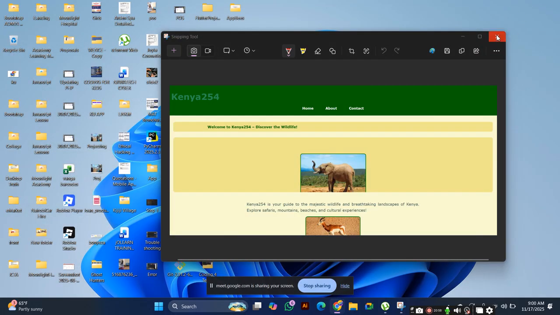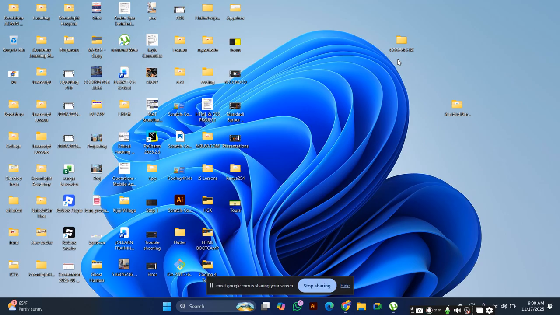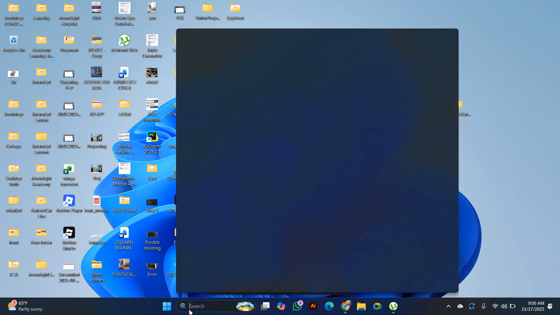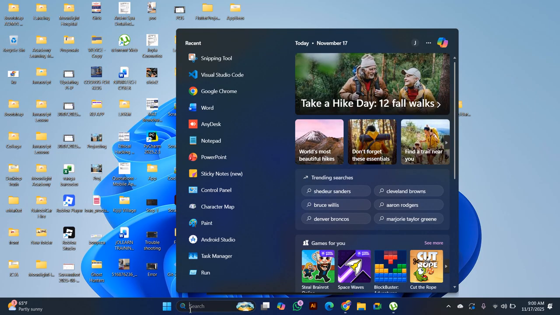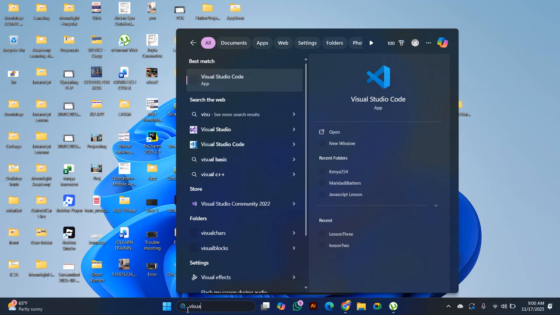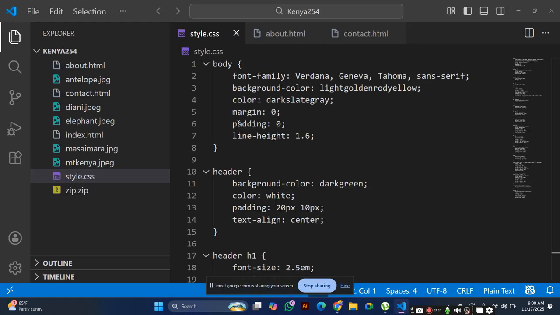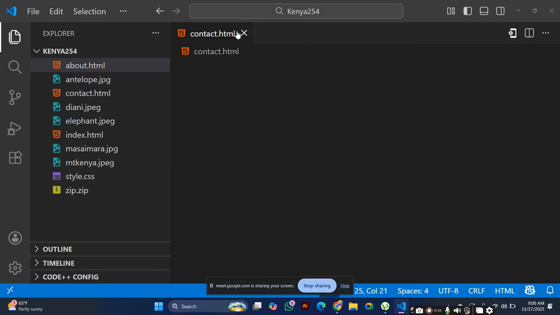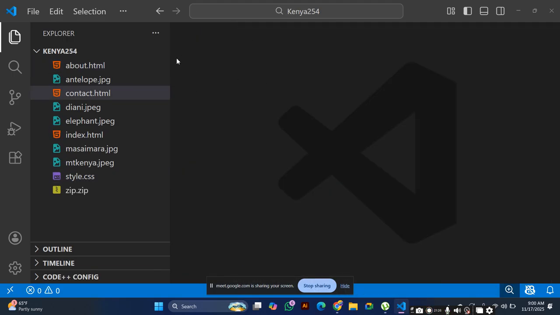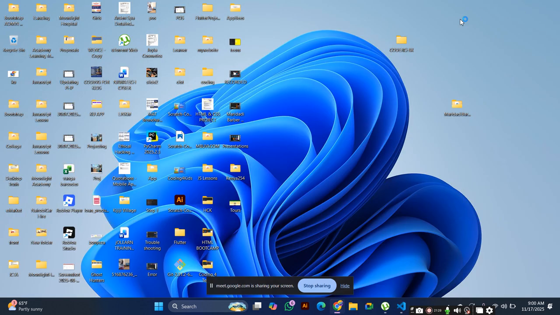So the first thing that we need to do is to open Visual Studio Code. Remember the assignment was saying that you create a new project. So you go somewhere in the computer's desktop, in a clean area.